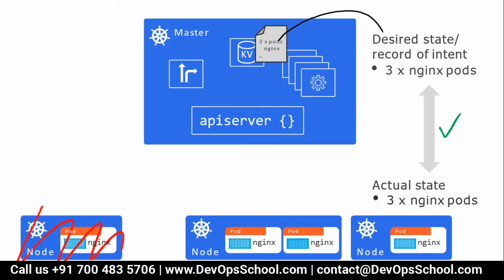And who's doing all of this work? Not you. You are sleeping at 3 a.m. This happened at 4 a.m., 3 a.m. Not you. Kubernetes has run it. That's the reason we call it Kubernetes manages your desired state.